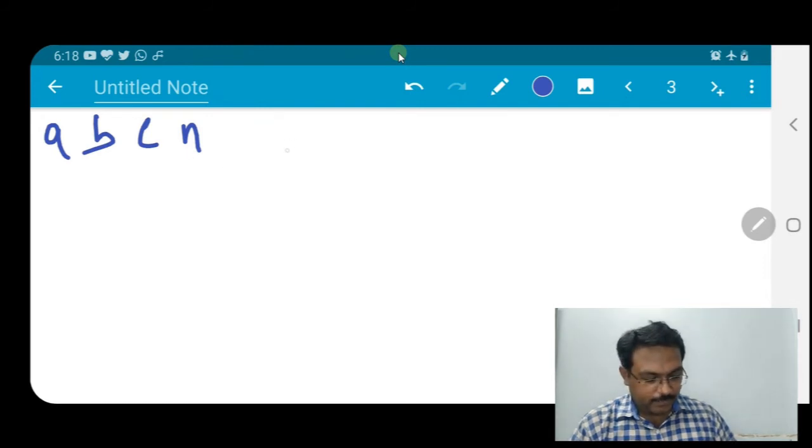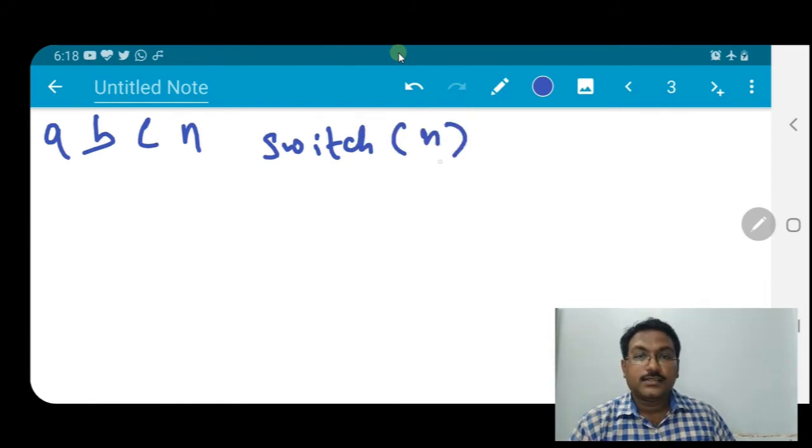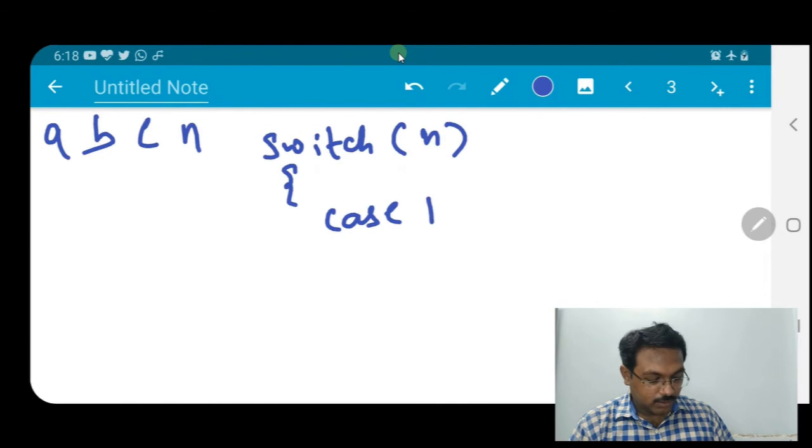Just give switch, within brackets n, because n is a variable which is an integer type, and I mentioned earlier that the expression within the switch should be an integer type or enum type. Fine. So curly braces start, we will write here case 1 colon C is equal to A plus B semicolon, break.